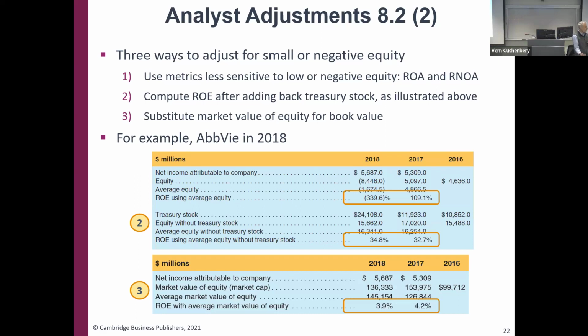So as analysts, we need to recognize that's a scenario that can happen. Here's the playbook that we use when we see that. If we want to calculate a return on equity, we're going to have to go back in and, well, you can see exactly how the authors have walked us through that here. You have net income, you have negative equity, you have average equity, and then you have return on equity using average equity. Well, return on equity using average equity is negative.